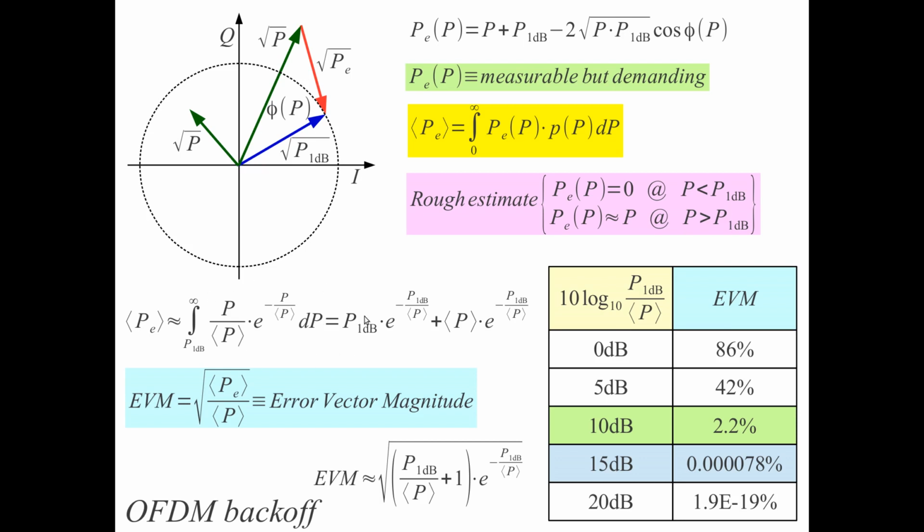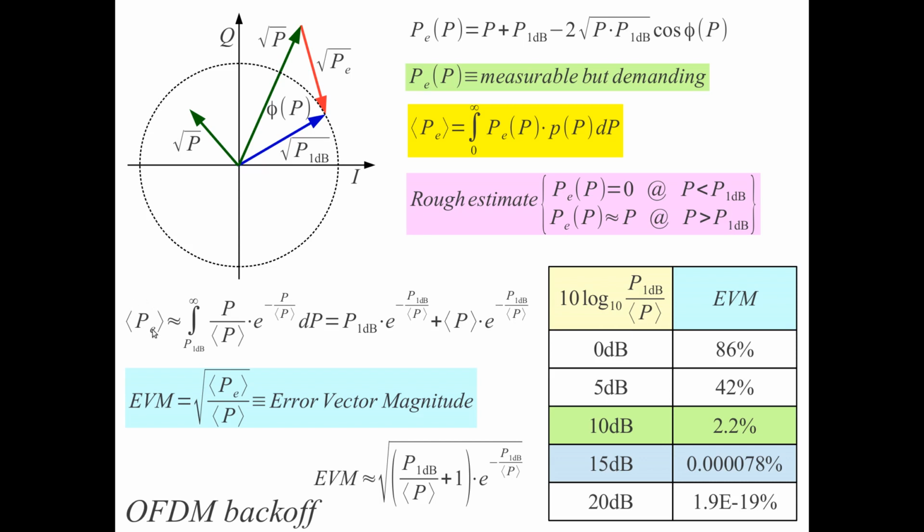We can evaluate this integral, and we have to go per partes here to evaluate this integral, the actual value of this integral, and we can plug in now our actual powers. We can plug in P1 dB of our amplifier. P1 dB is the information we have about our amplifier, and the required average power we request for this amplifier. And from this